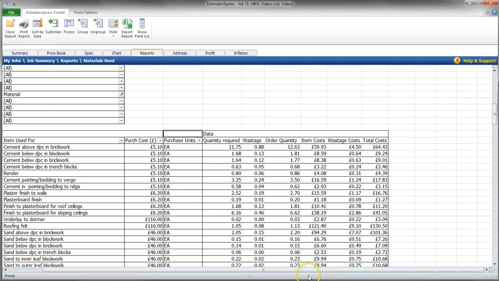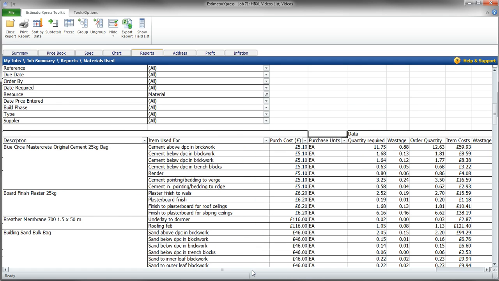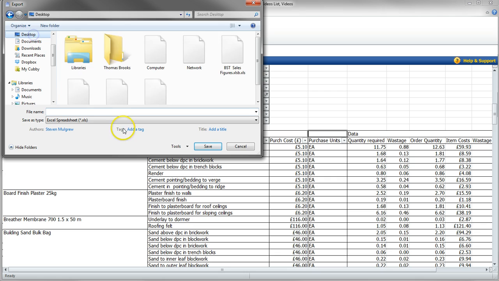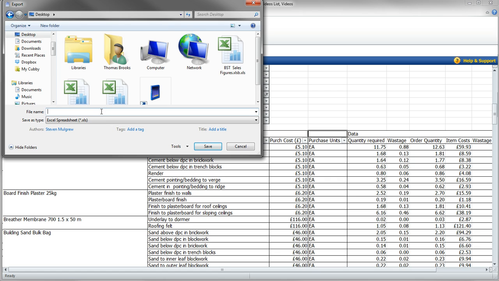Now this report still contains information I don't require if I was to send this off to a merchant. Now there is another report I can use that will exclude those items there, and I can formulate just the same way, but as an example I will show that, say, you can use the export report button here, and then you can send that to any part of your machine there,